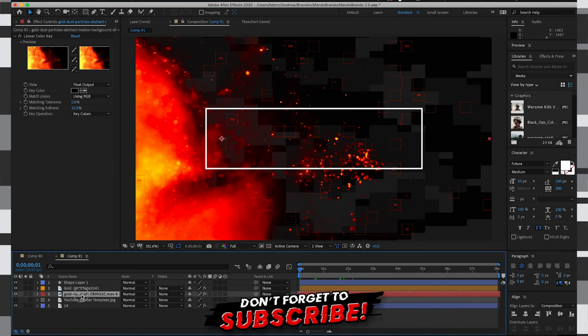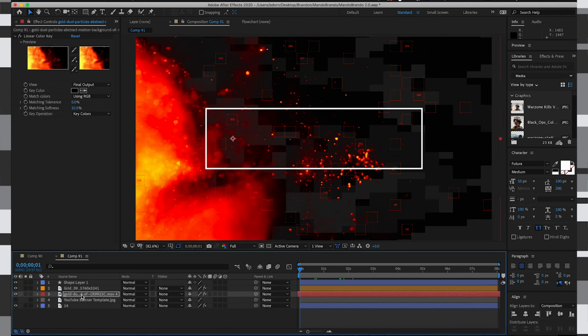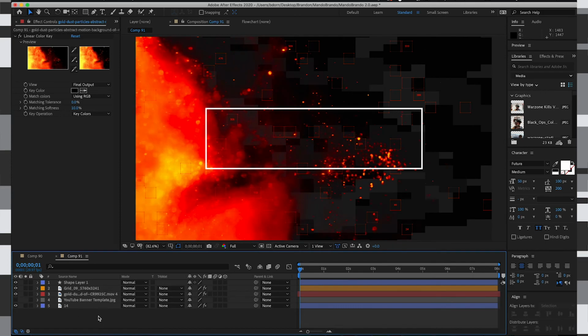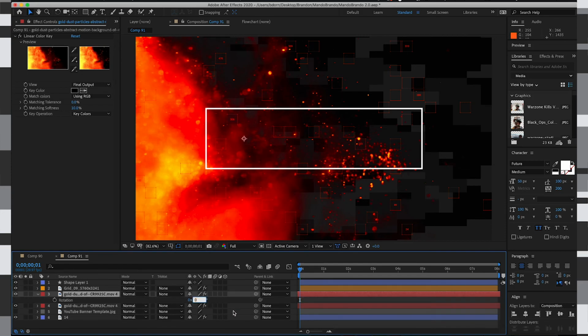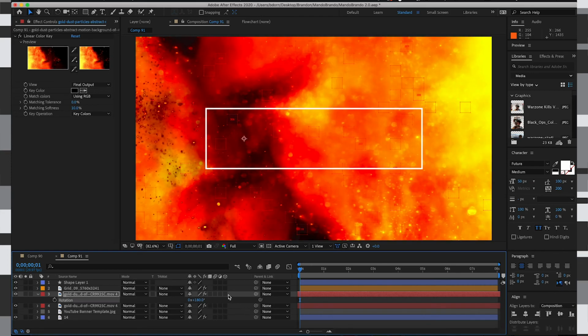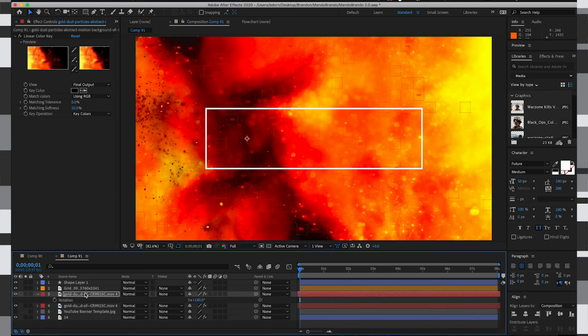Maybe like that. That's kind of cool. All right, so I'm going to even this out and put a little something else here on this other side. So I'm going to take this gold and red dust layer here and hit Command D and duplicate it. And then with that layer selected, I'm going to hit R for rotation. And I'm going to flip this 180 degrees and hit Enter. And then now I need to shift this over